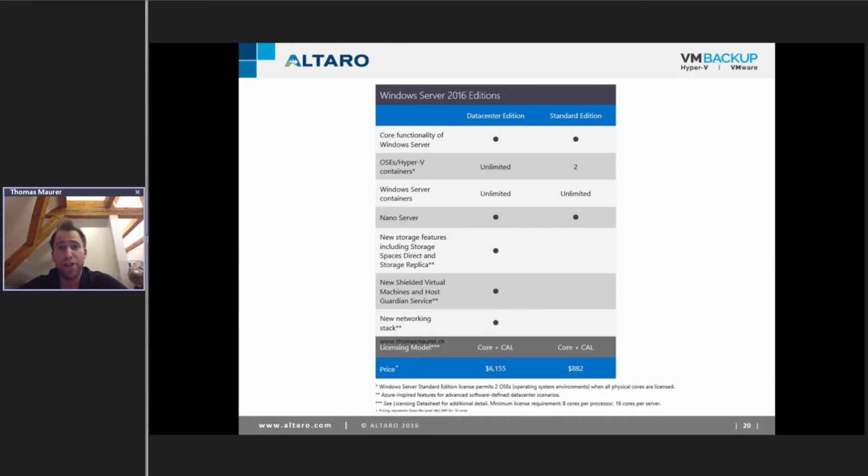So this time, if you deploy a Windows Server 2016, you have to make sure that you deploy the right SKU, right? Otherwise, you will not be able to use Storage Replica or Storage Spaces Direct and so on. So that's one of the big differences here. By the way, in both scenarios you can use Windows Server containers, and of course you can also use both with Nano Server. But Nano Server has some other changes as well. I will come to that a little bit later.